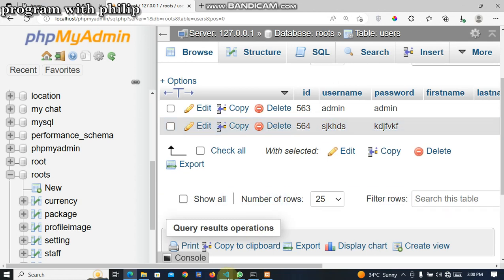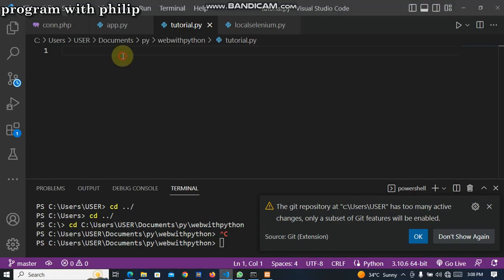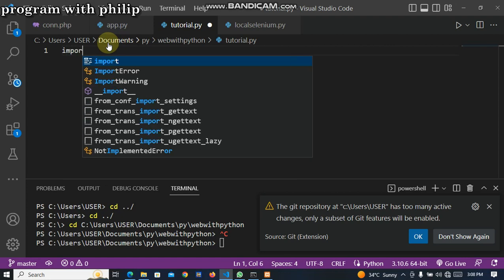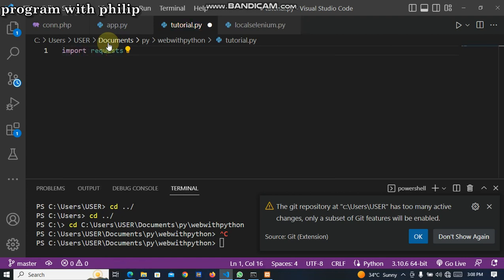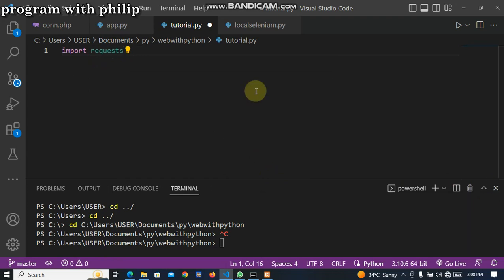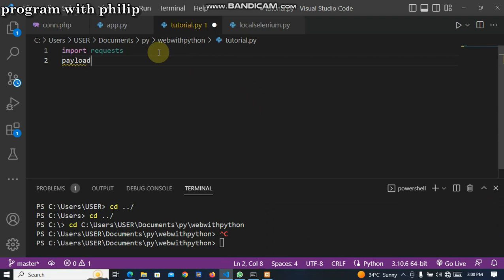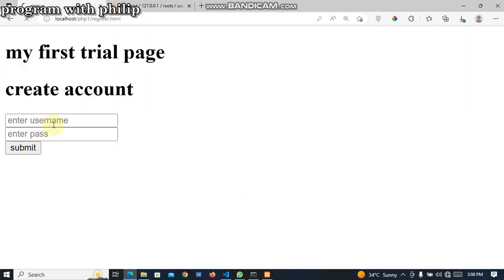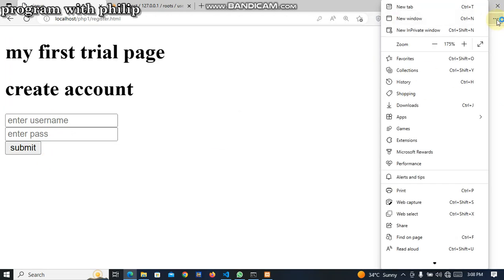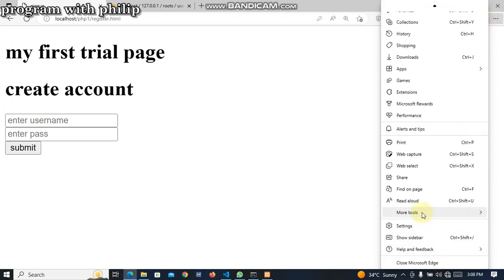So first of all, we import the requests library. With this library we are going to run whatever we want to run. Then we define the payload. Now the payload is what you want to pass. For example, if you come here, you see there's a username, there's a password, there's a button. So for us to see the payload, the data you want to send,